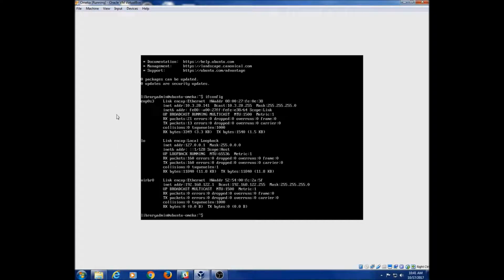And so you'll see next to the enp0s3 there is a line that says inet address, and that is the server address for this virtual server, and that is how we're going to SSH into this server. So right now I'm just writing down my IP address. It's the 10.3.20.141 address,